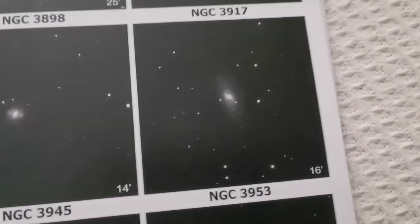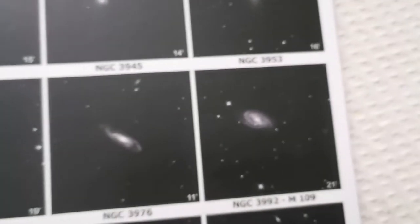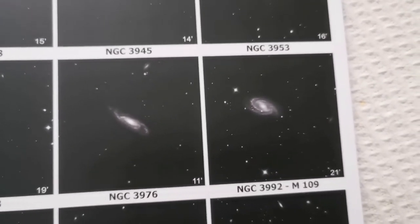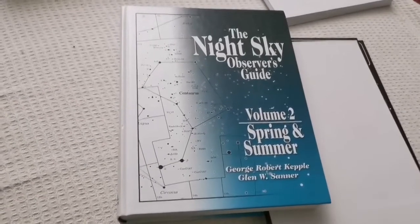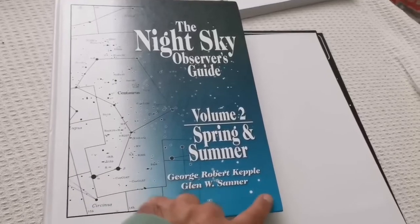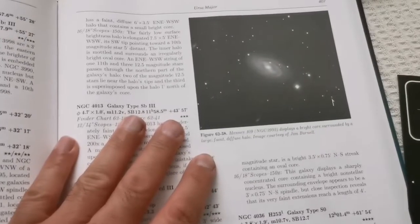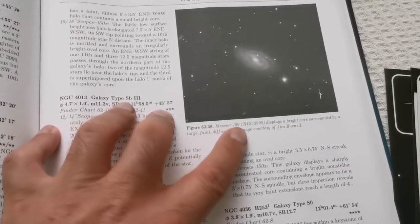So having one source is not good. You have to have multiple sources. And yet we can see NGC 3992, which is M109 here, Messier 109. And if I refer to the Night Sky Observer's Guide Volume 2, Spring and Summer, by Kepple and Glen W. Sanner, and you come to this page, you can see a description of a photograph of Messier 109, which is NGC 3992,